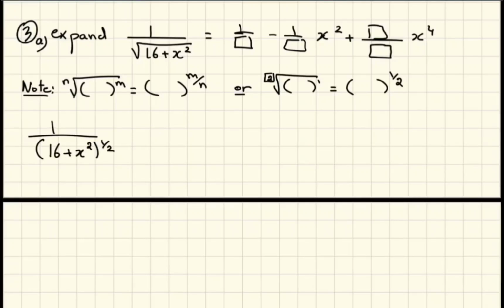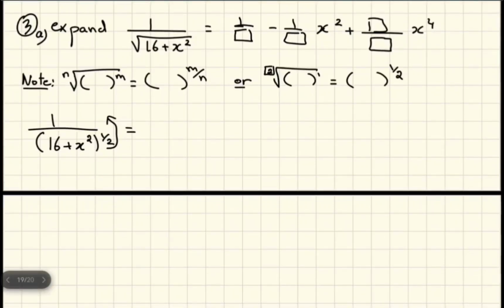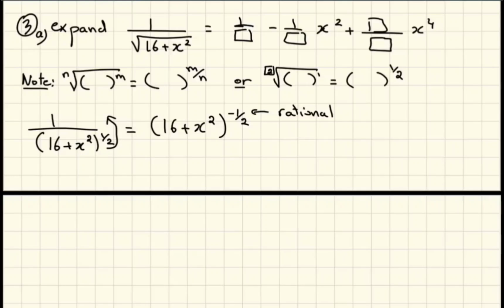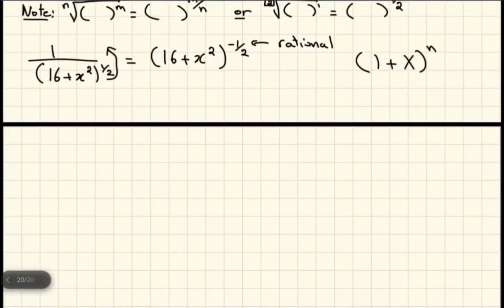to exponent half. Next step, we cannot expand unless this is in the numerator. So we take it up, it becomes 16 plus x squared exponent minus 1 over 2. Now I notice that this is rational, it's a fraction, negative. Whenever it's a fraction or negative, the best way to work with the question is to change to the form 1 plus big X exponent n. Now, how do I change this to 1 plus big X exponent n? The first step is to have big bracket with the exponent negative half outside,